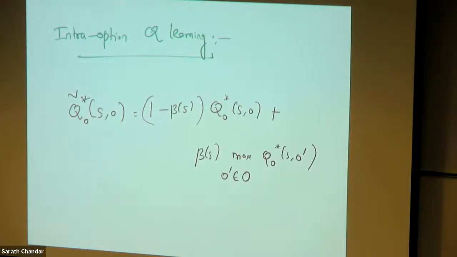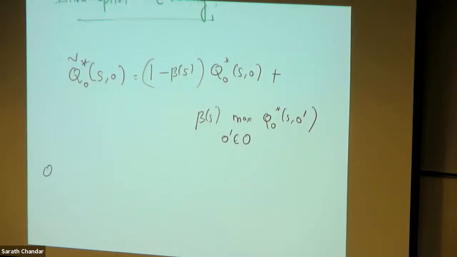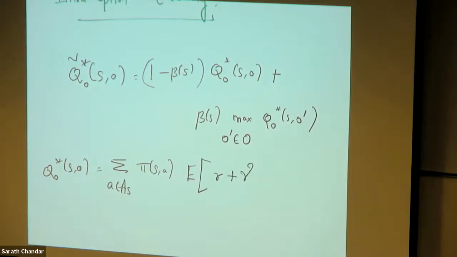So now, instead of having these Q values only from the beginning to the end of the option, we have these Q values defined throughout the option. Now I can write my optimal Q star as a summation over A belonging to the action set, phi of S comma A, times the expected value of R plus gamma times the modified